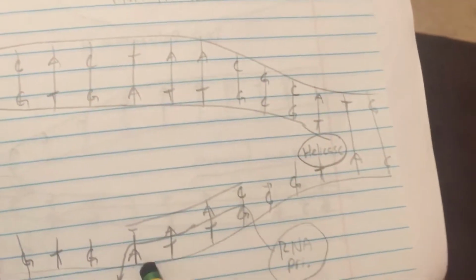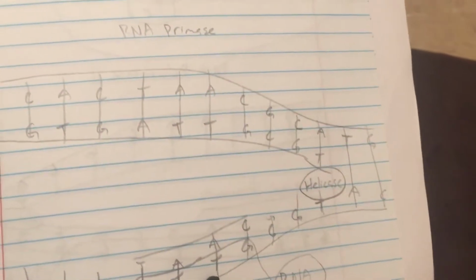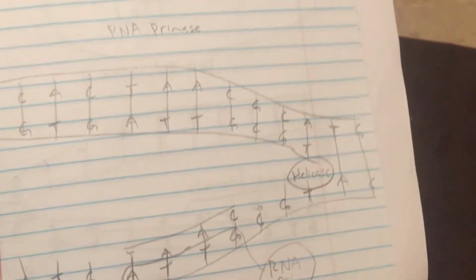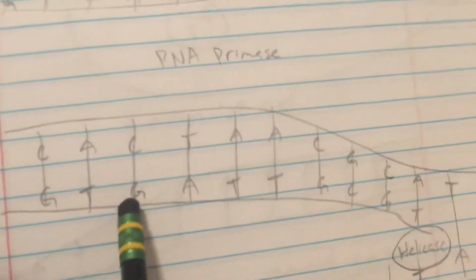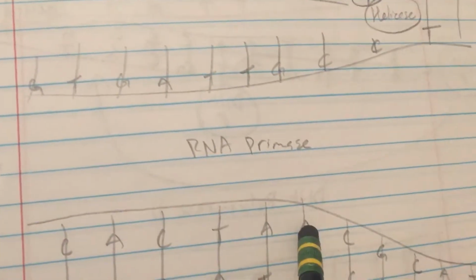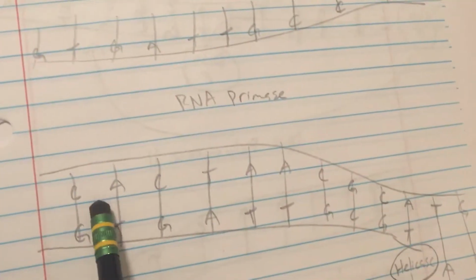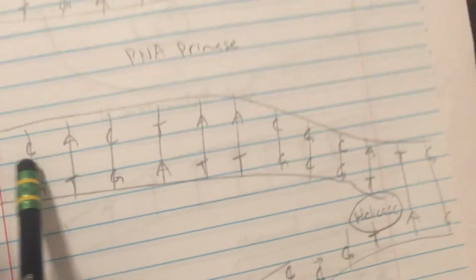RNA primase comes in again, sets up another little starting off point for DNA polymerase on the lagging strand. But since this leading strand goes from 5 prime to 3 prime, RNA primase only has to set it up at the beginning so that DNA polymerase can just come in and